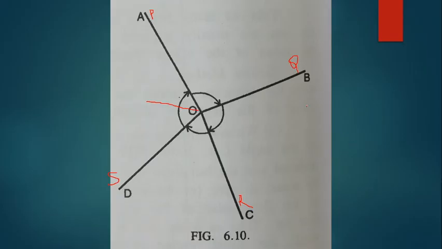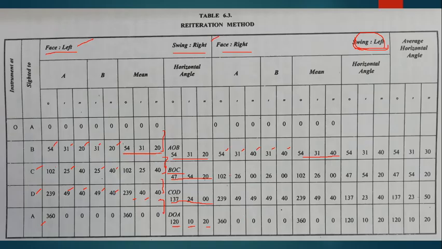I will go back. From here you can release the upper clamp screw and rotate the telescope further to roughly bisect the ranging rod at C. And for exact bisection again you can use the upper tangent screw. Once it is exactly bisected, you can read both verniers and record the same in tabular form. This time it is 1 or 2 degrees 26 minutes and 00 seconds at vernier A, 26 minutes and 00 seconds on vernier B, and therefore the mean angle will again be 1 or 2 degrees 26 minutes.